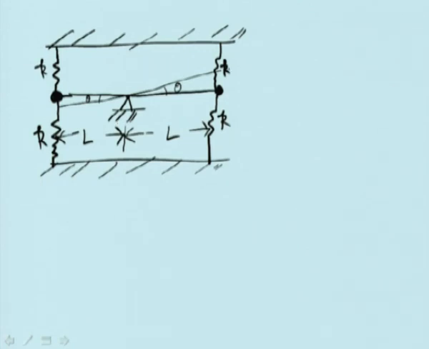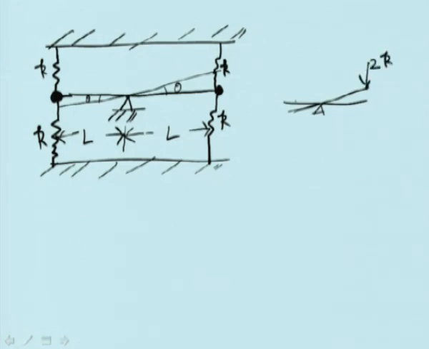Now if you give a small rotation theta, this point, this ball gets upward by an amount L theta. So this spring gets compressed by amount L theta, another spring gets stretched by L theta. Therefore they apply the forces, and this will be K L theta. So total force coming on this ball will be basically